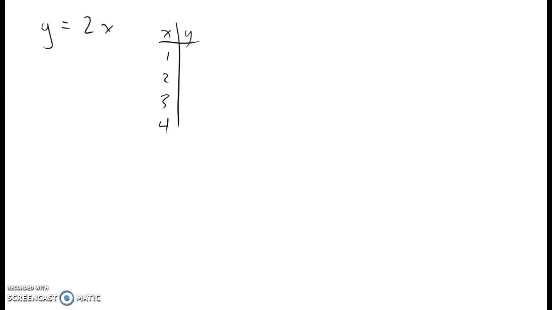Now we're going to talk about exponential functions. With exponential functions, as the exponent gets higher, you have a greater increase, unlike linear functions where we have a fixed growth rate